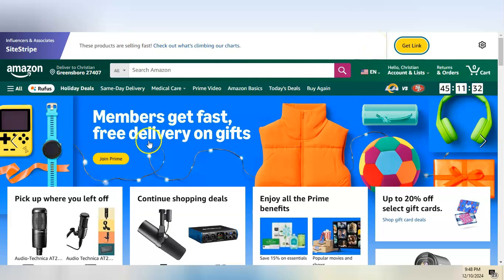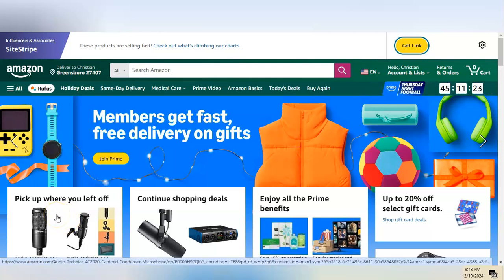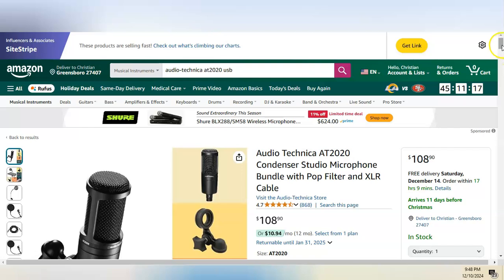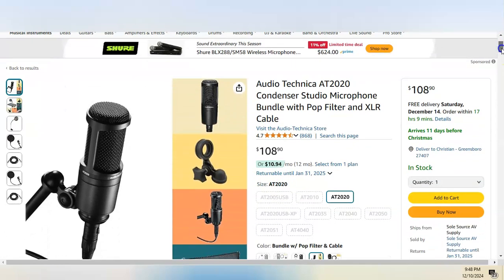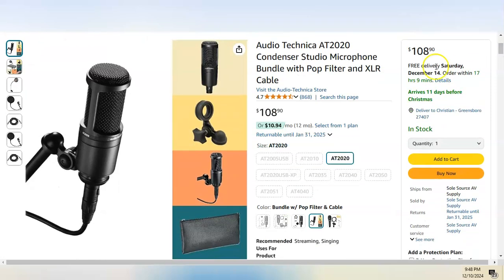So for instance, if we were to pick this one right here, this was something that I was looking at earlier, just because it's a mic. In fact, that's the mic I'm using right now. So if I went there, it will take me to a page that looks like this, okay? All right, and so when you're here, you want to make sure that you have the right quantity and everything is basically the exact same thing that you're trying to promote, okay? So this mic is